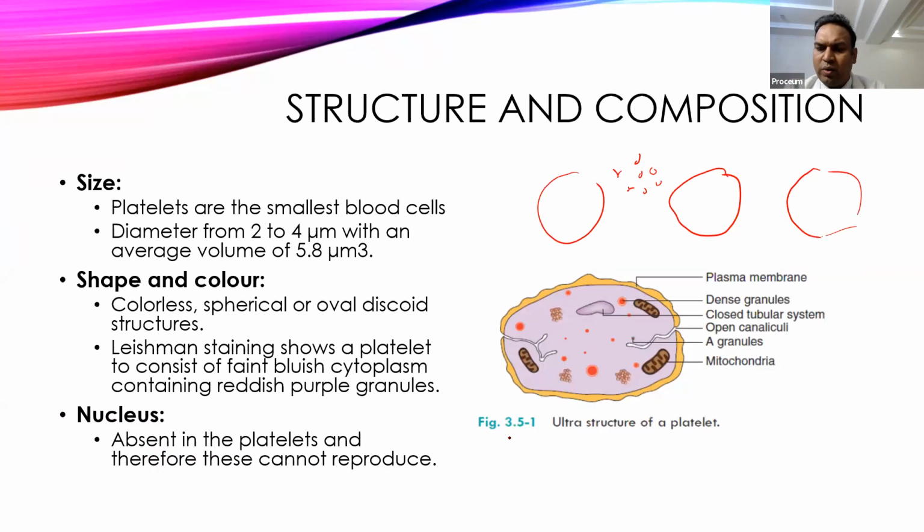If you look at the more detailed structure of the platelet, this diagram you are seeing is not through the microscope but is a much magnified diagram, where you will see the cell membrane, which has an opening and communicates with the extracellular fluid through the canaliculi. Apart from this, it also contains granules. These are called dense granules. There are also mitochondria present in the platelets. Mitochondria provide energy, while these granules contain chemicals which are essential for the coagulation system and activation of the platelet.